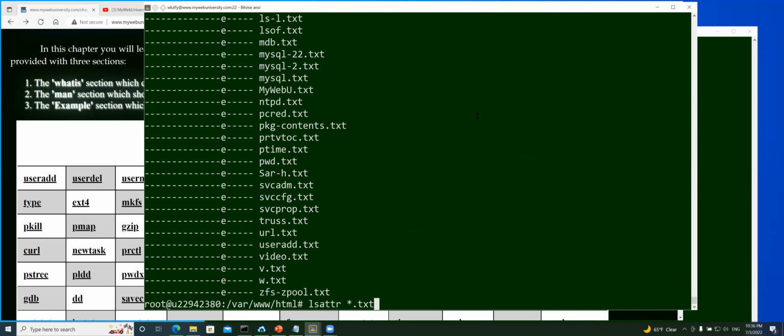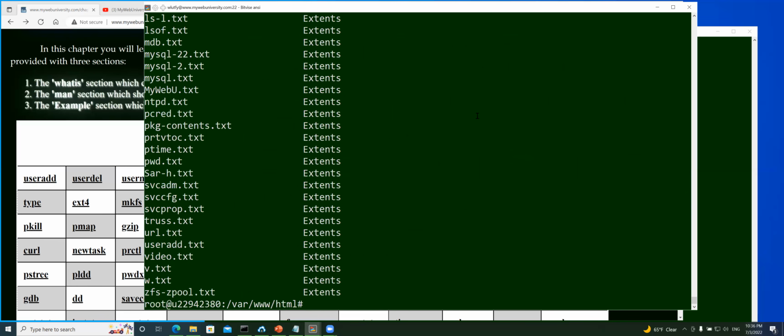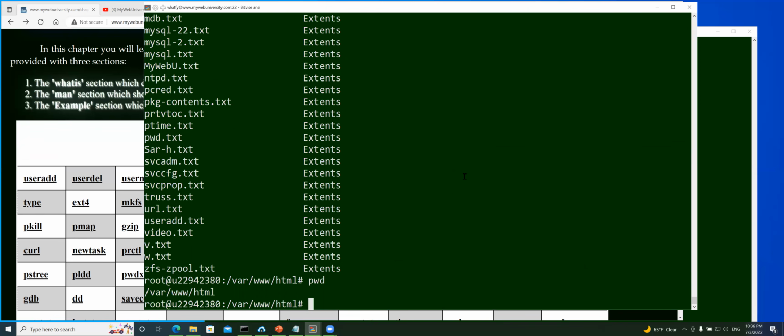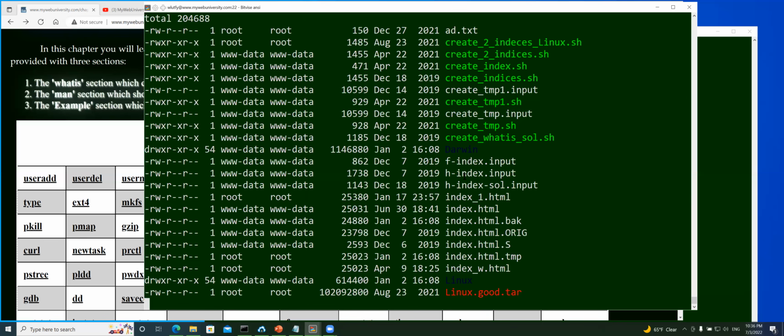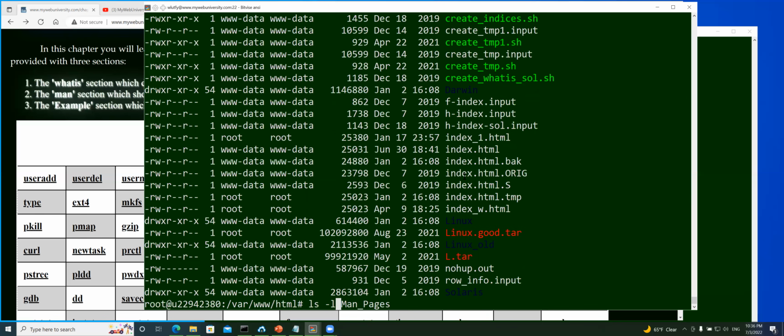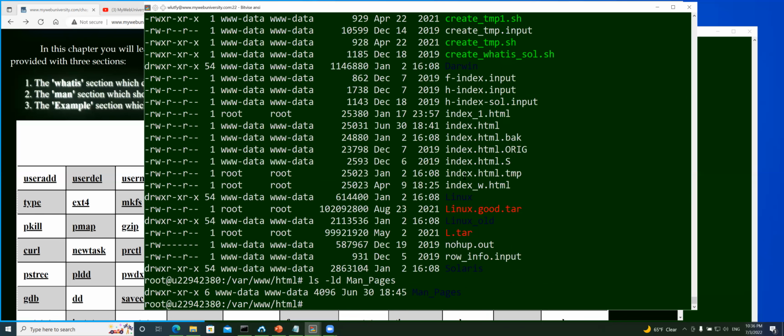And then if I do the same thing with the -l option, then it says extended. And then if I want to see the d for the directory, so don't show it, like for example, anything here, there's man_pages. If I do it with -d, you can see it does not list the content of the